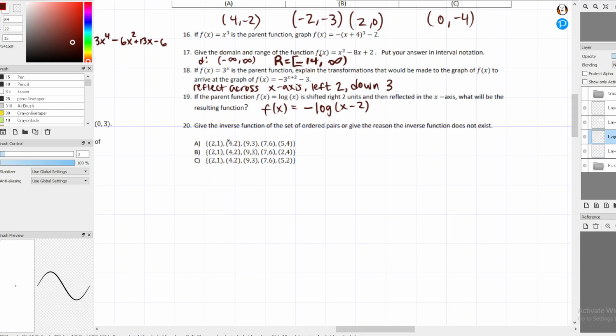So for the first, we have no repeats of x's and y's. We have 2, 4, 9, 7, 5, and 1, 2, 3, 6, 4. So this does have an inverse because there's no repeats of our y's and no repeats of our x's. So the inverse function would be 1, 2. We're just swapping all our x and y's: 2, 4, 3, 9,